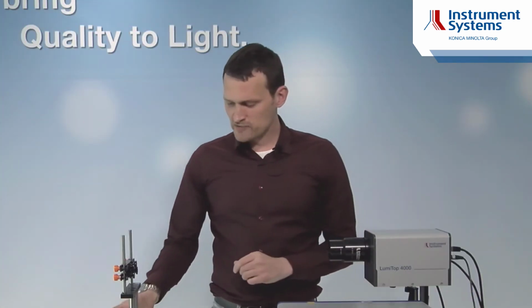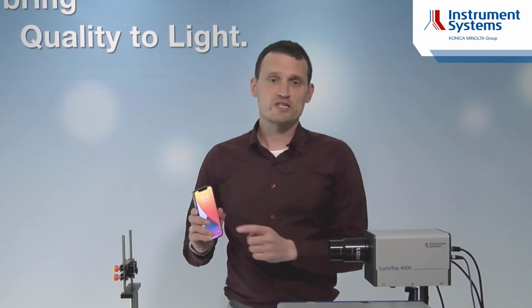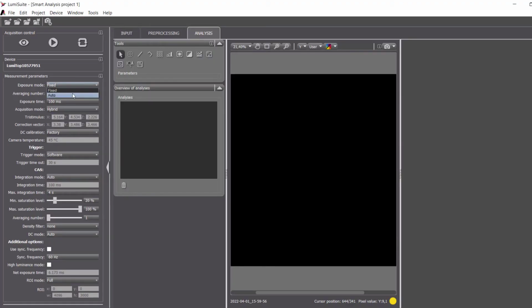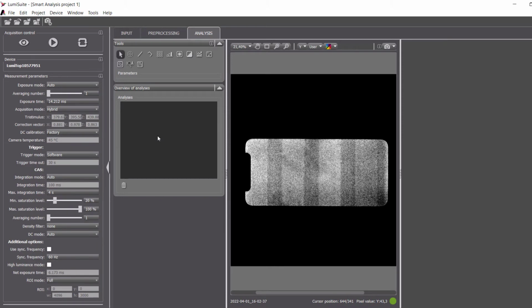Let's demonstrate the need for this with a moderate gray level on this smartphone with a 60 Hz refresh rate. If we run a measurement with the standard auto exposure, the camera will find an exposure time that gives an optimal signal level. However, as we see here, artifacts such as the vertical lines present in this image complicate and potentially invalidate the results of the measurement. In loop mode, we can see the stripes also move on the display.